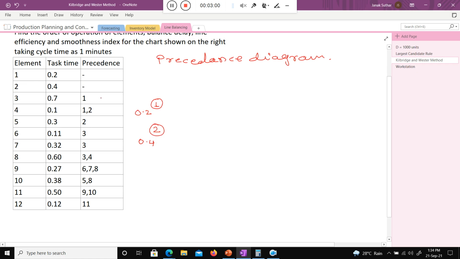Now the next point, activity 3. If I consider this as work element 3, I can start it only once I complete work element 1. I already discussed one case study, like bicycle assembly.